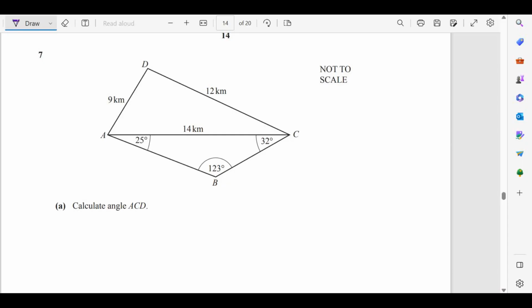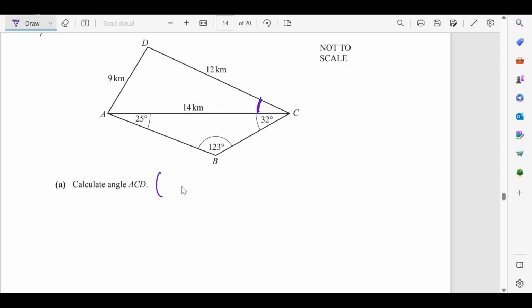Question number 7. This one is related to trigonometry. The shape is given to us. Calculate the angle ACD. So it means that we need to find this angle ACD. So we can use the